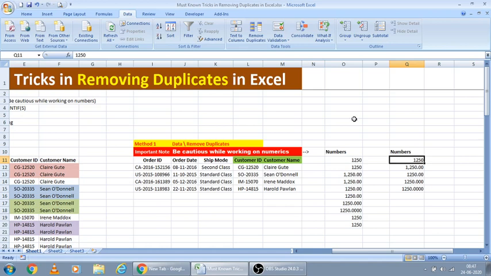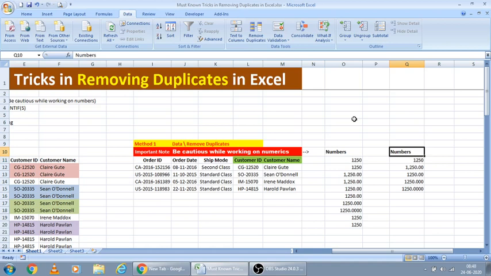It is an important thing we should remember while removing duplicates. Otherwise, it won't remove some of the duplicate numbers. For that, if you have any numerics, ensure that the particular field has the same formatting.